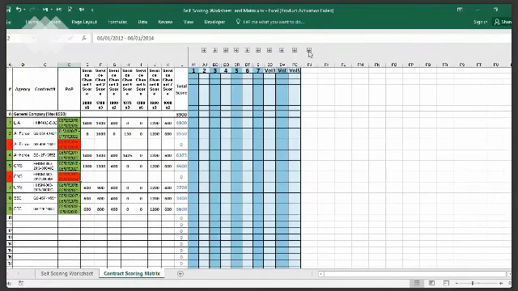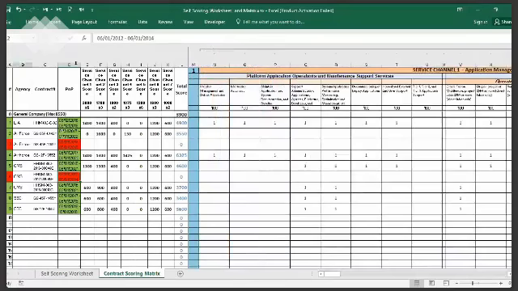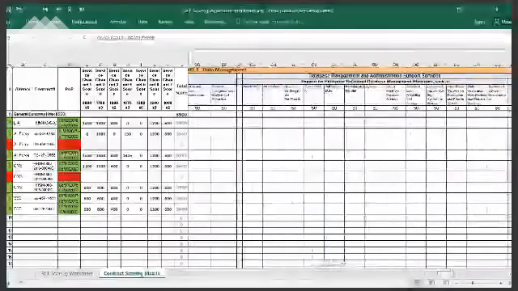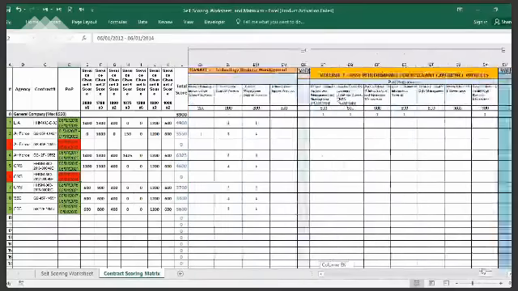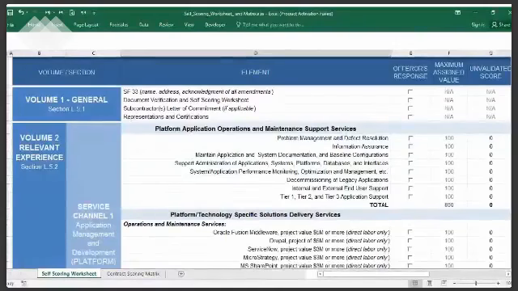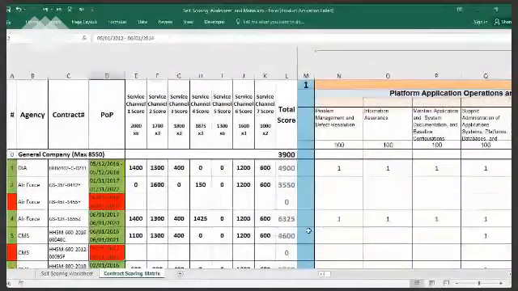These have all been tied up together. When I expand it, you'll see that all these requirements are put into this spreadsheet. Now, each of these rows is one contract. So we put in one contract, and then we start to review the information. And let me make it larger so you can see it. Okay, so for example, this is a contract with DIA, Defense Information Agency, the contract number, and then the period